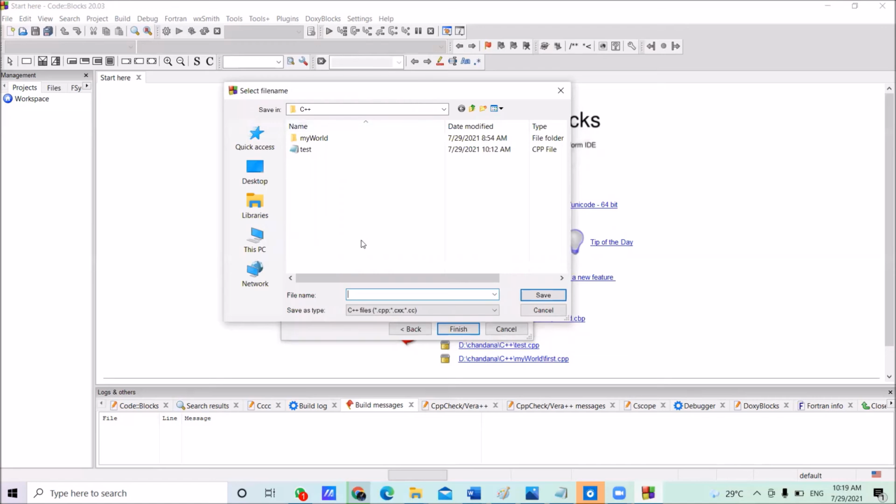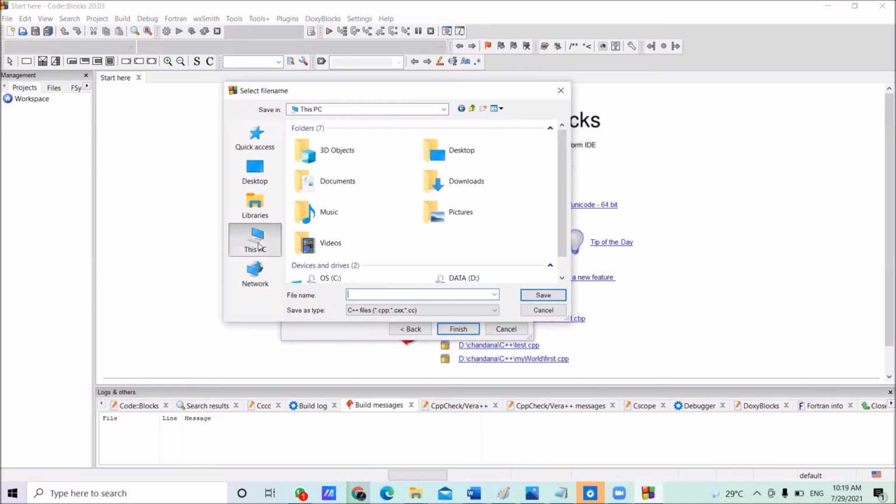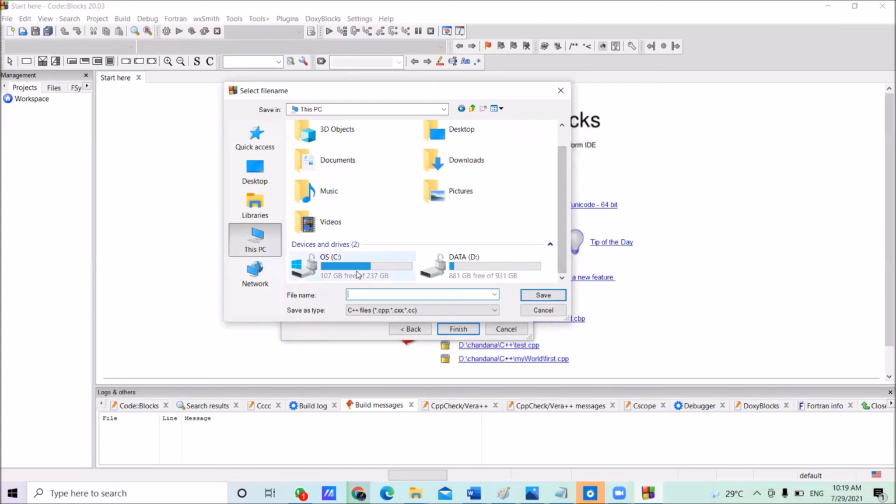For example, suppose I want to save my C++ program in the D drive. In the D drive, there is a subfolder called C++. I am going to use this C++ folder to save all my C++ programs. Click on This PC here. Once you click This PC, you can see all your drives. Select the D drive. In your case it may be different; you may be using the E, F or C drive. Any drive you can use.